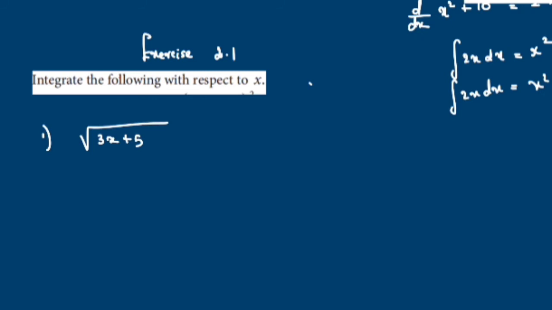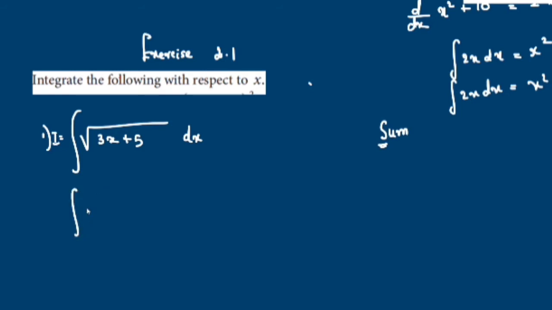Integrate the following. The first question: you learned differentiation last year, now we are going to integrate this. So for this 3x plus 5, just put the integral sign and put one dx. Whenever you have to integrate, this is the sign, the elongated s. As I told you, it is taken from the word sum, the first letter s. So write this s and put one I here. I stands for integration.